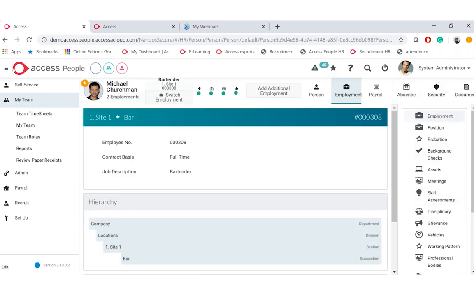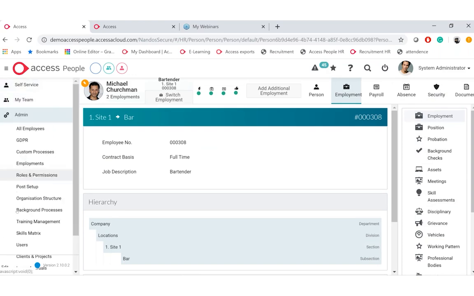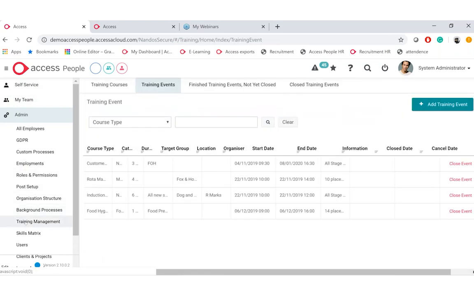Now, if I just go into the administration side here and training management, this is how we will look after training in the system. Straight away, it's telling me I have 4 training events and I have an induction here.